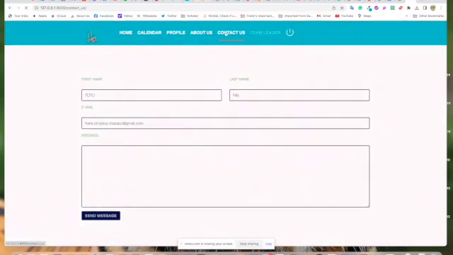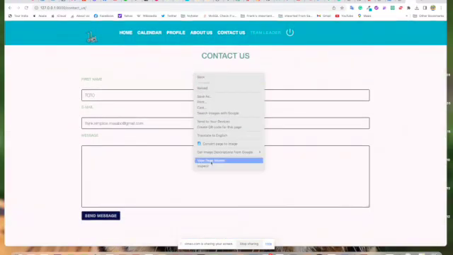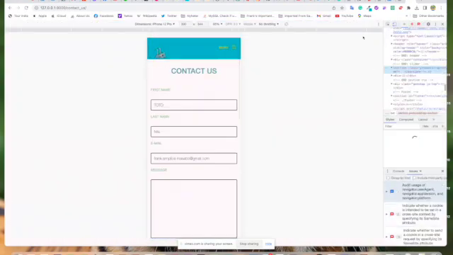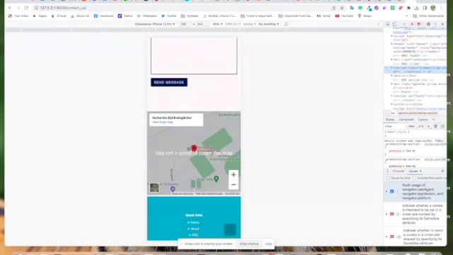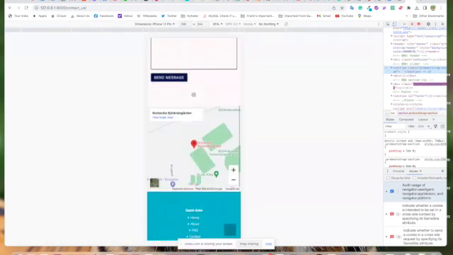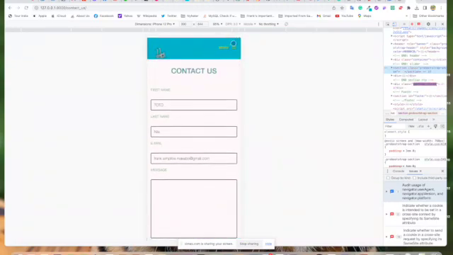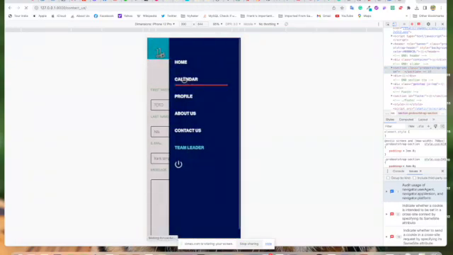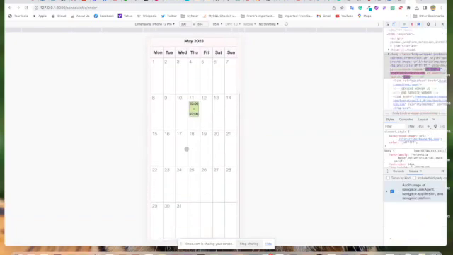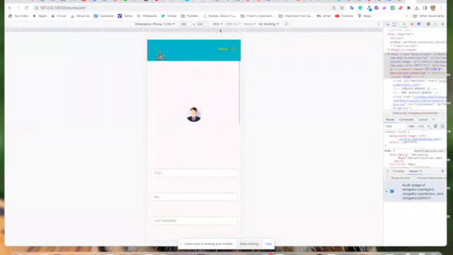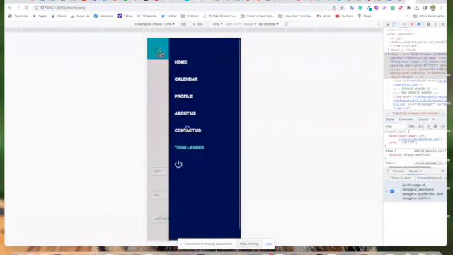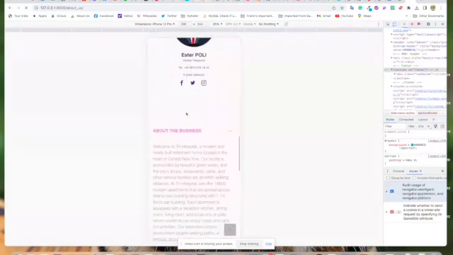and contact us is here, perfect. And we can see everything is mobile friendly. As you can see, you can use this one. The map will show you exactly where your hospital is. As you can see, we may come to calendar, it is responsive. We may come to profile, it is responsive. Even the about us is responsive,